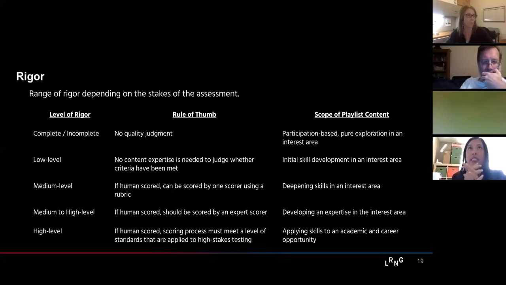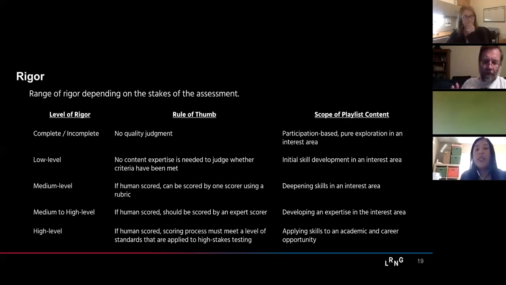So in the case of the Best Buy e-textile playlist, once we start caring about the aesthetic aspects of the design, for instance, I know I wouldn't necessarily feel comfortable actually judging that. I would want to bring somebody who actually has a design background to do that score. But of course, that's when the scope of your playlist is that your youths are actually developing their